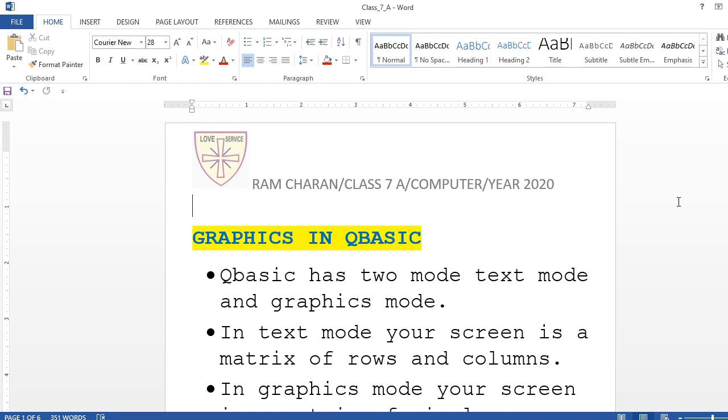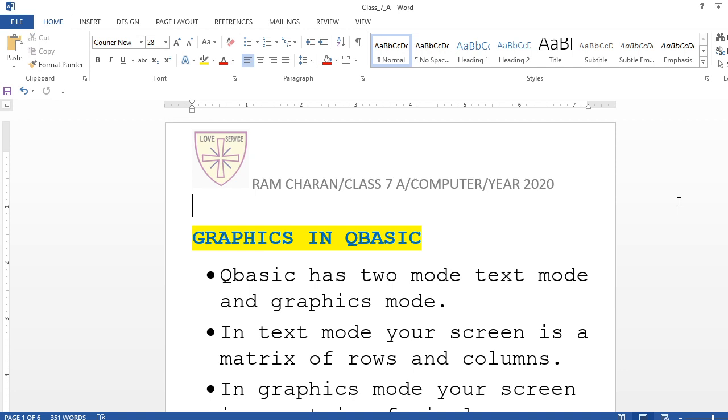Today we are going to learn graphics in QBasic. Let's have some fun in graphics. Let's have some color in graphics. Also, some looping programs you might have seen in earlier videos. And once we clear this graphics, we will revise loopings once again. I'll send you some more videos for loopings, but today let us start a new